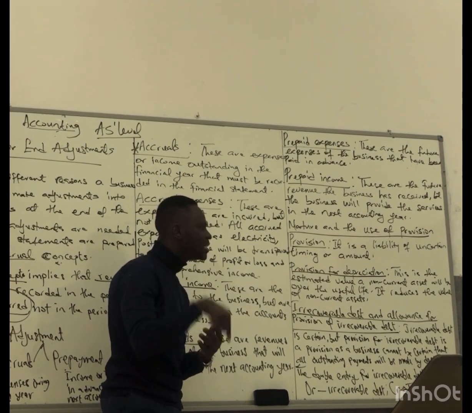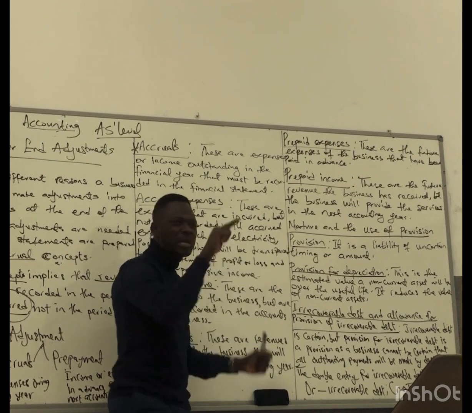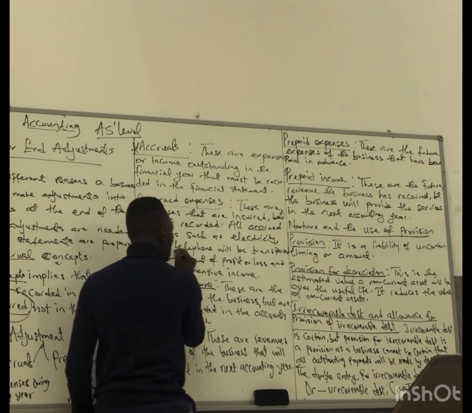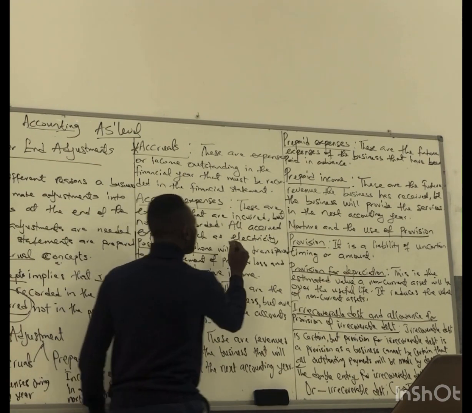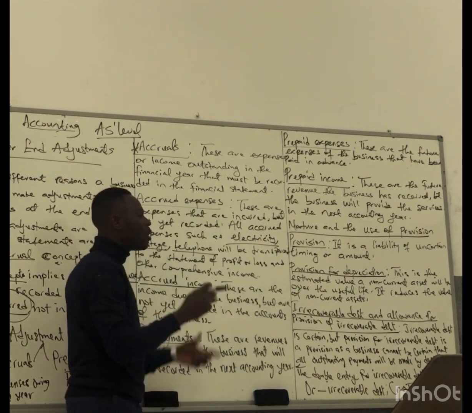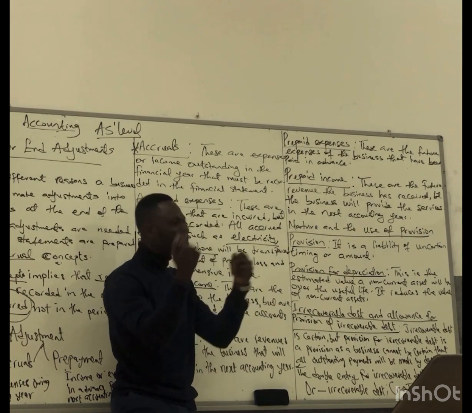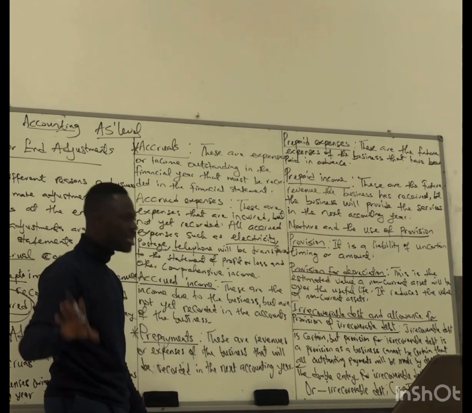And they have to go for this year. So they have to be transferred from each ledger. You're going to have a ledger for postage, a ledger for telephone, a ledger for electricity. All these ledgers, all the accrued expenses will be put together and transferred as